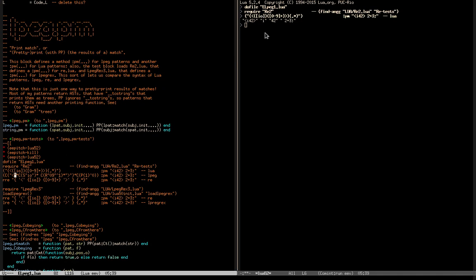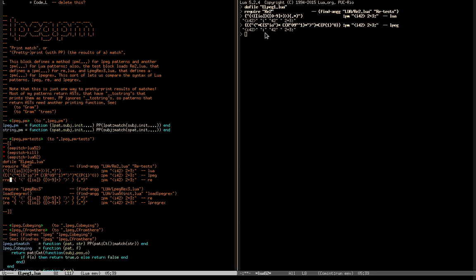Here is how to express the same thing in LPeg. It's very cryptic, but it's a good way to understand some basic operators of LPeg. We can look at the manual and understand what C, S, and R do, and also exponentiation.